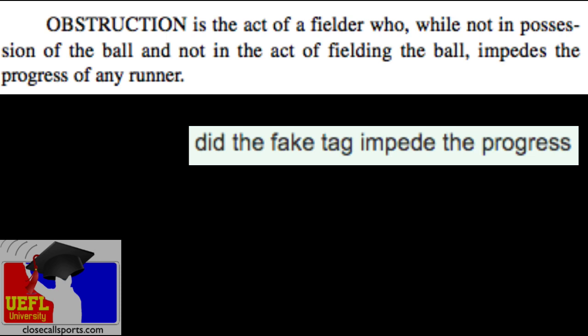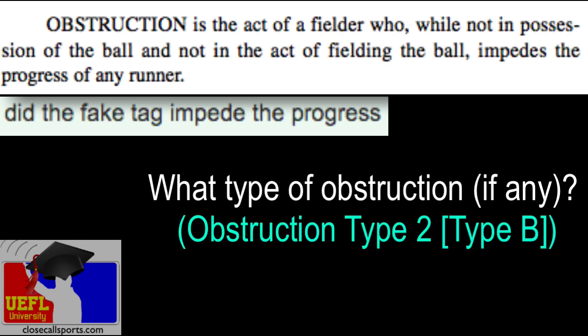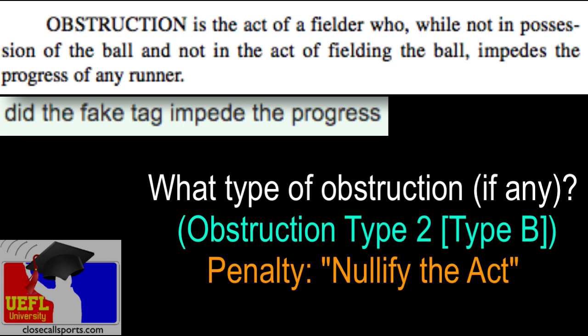And we need to look at what the runner is doing here, because it's not just the fielder. What type of obstruction is this, if it is obstruction in the first place? Is it A or B, 1 or 2? And the answer to that is it's going to be obstruction type 2 or type B, because there's not a play being made on the runner at the time of alleged obstruction, if this is in fact obstruction. It's weird. A pitcher faking from the mound is a balk, but a fielder faking from the field is, well,